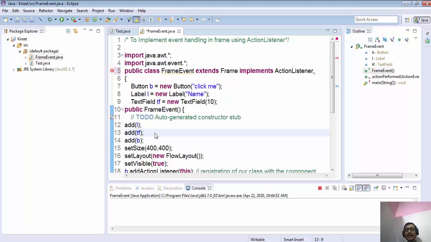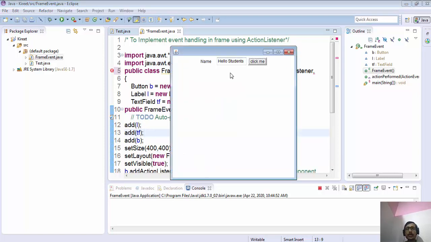Now practice these types of frames. Create different types of frames and different types of forms, and try to swap the contents. As an assignment, create two buttons, button 1 and button 2. When you click button 1, some text will appear in the text field, and when you click button 2, other text will appear in the text field.